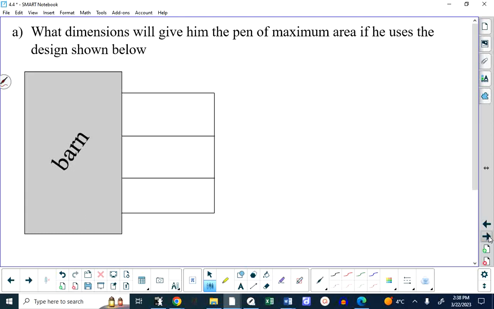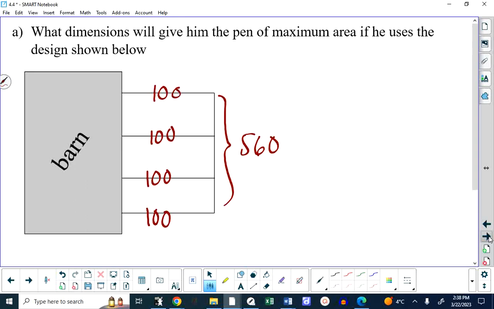No matter what this guy does, whether he makes this distance 10 feet, 10 feet, 10 feet, and he decides to make this 560 feet long, assuming the barn is long enough. Doesn't matter. If he decides to go 100, 100, 100, 100, and 200 here,